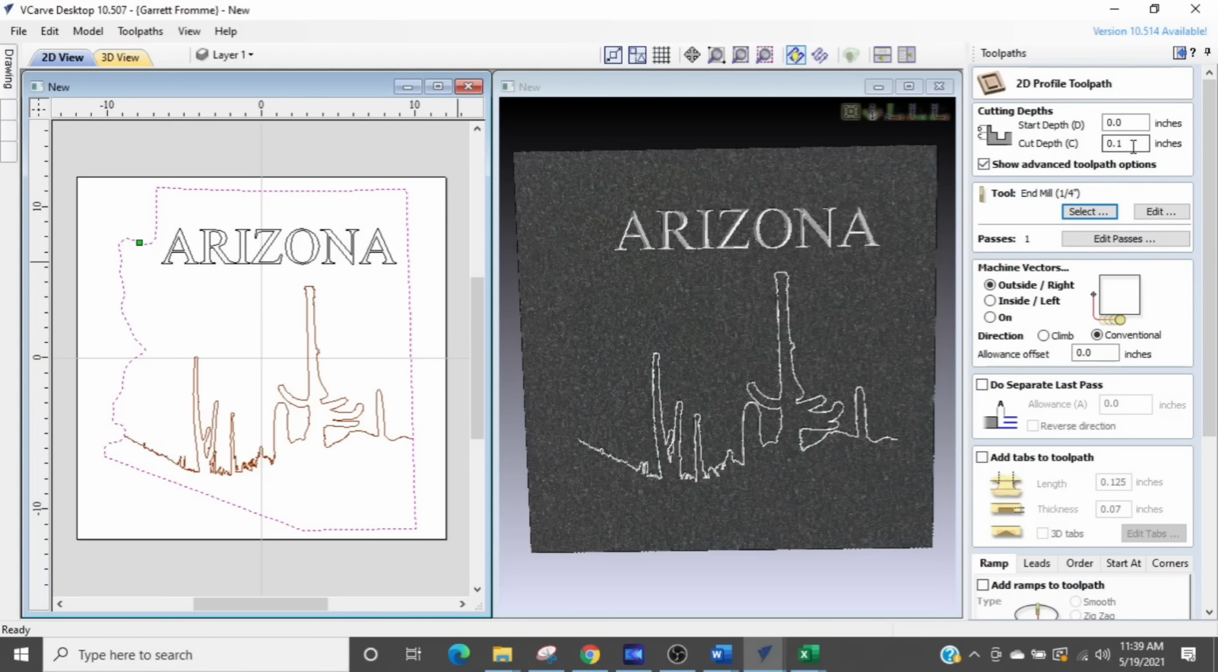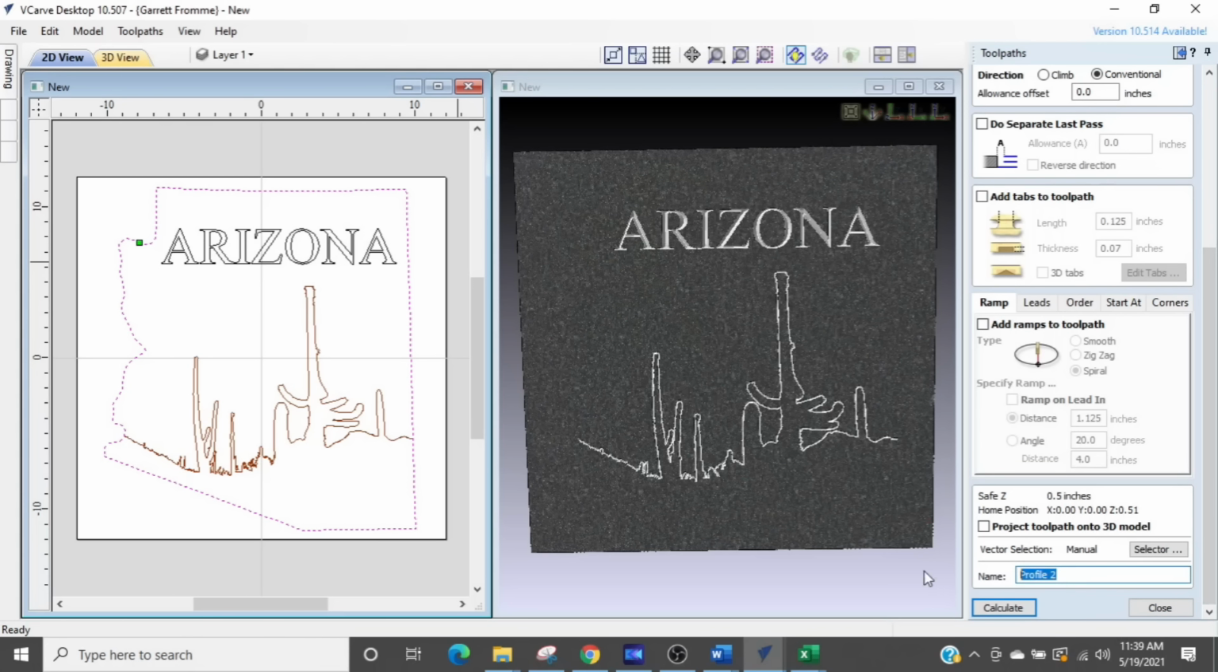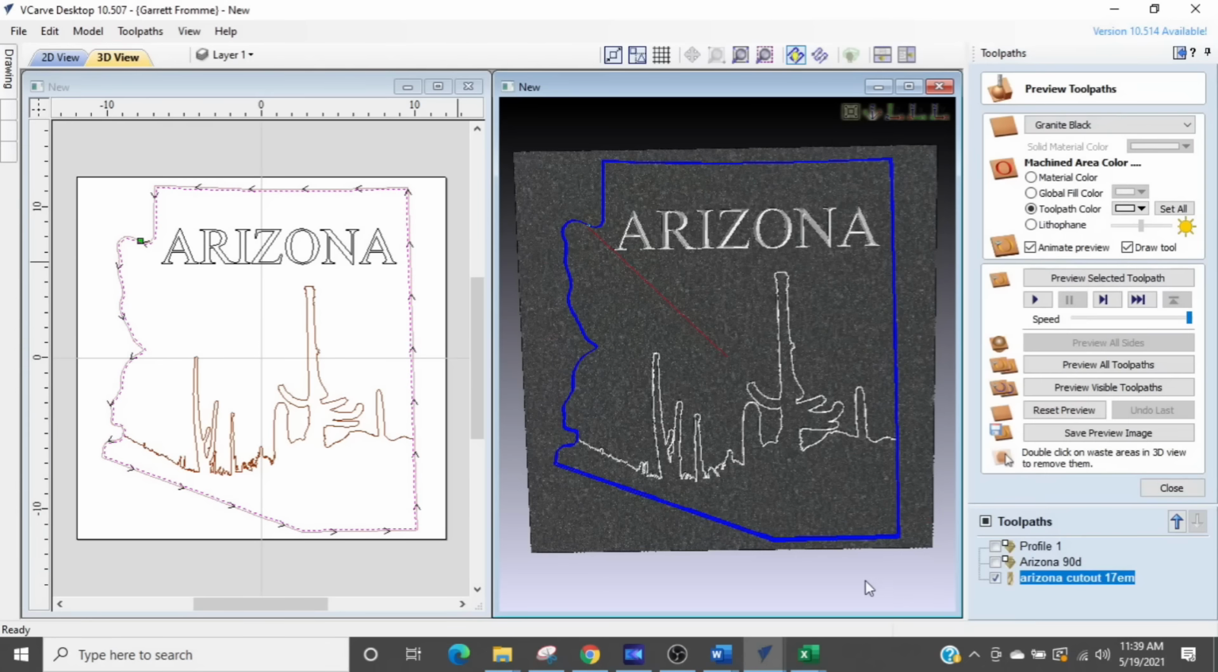Okay, this is a cutout. We want to go all the way through the material. So under the depth of cut, you select the whole thing and type in Z equals, and that'll give you the full depth. And I'm going to go with the bit feeds and speeds and type in Arizona cutout 14EM, which stands for 1/4 end mill. Select it, run the toolpath,